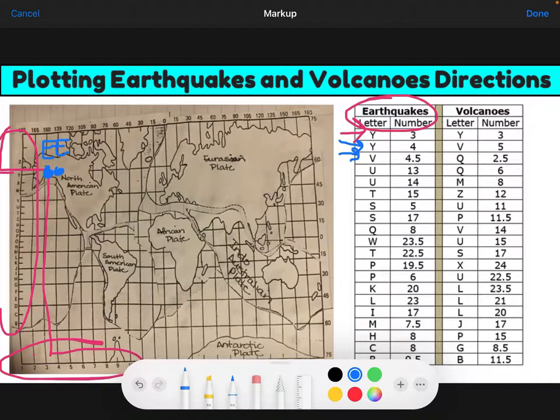So the third one is V and 4.5. Oh gosh, it goes from 4 to 5. So where's 4.5? If you said halfway in between, you're right. So I'm going to find V on my map, and the middle, right in between 4 and 5. I'm going to go up where this crosses V. Looks right about there. So I'm going to put my dot, and I'm going to mark an E for an